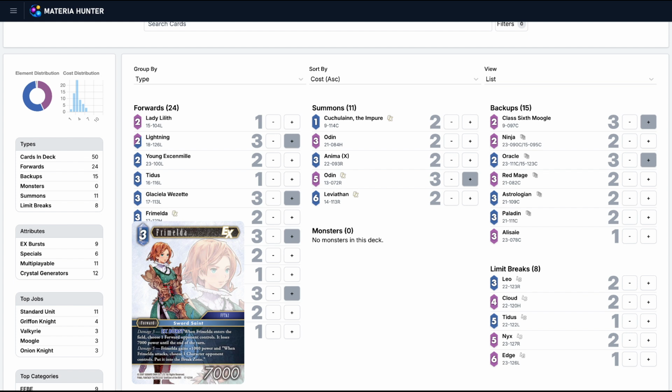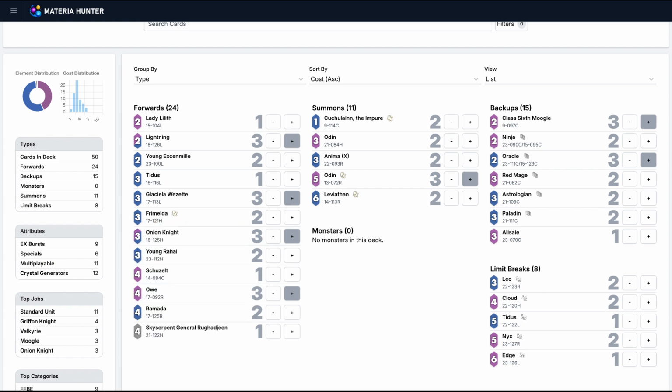You could definitely take this card out and put something better in there. Probably just 2 more Tidus. But I wanted to put it in for the main reason of it's got an alright EX burst if it's hit at damage 3, but if your opponent does take you to damage 5 and you get Fromelda and Sky